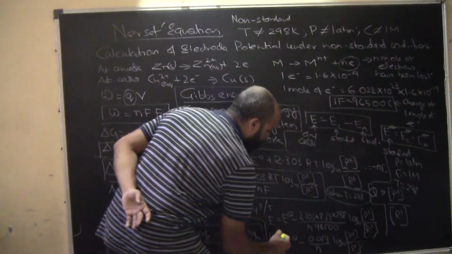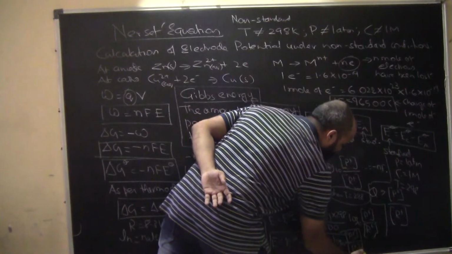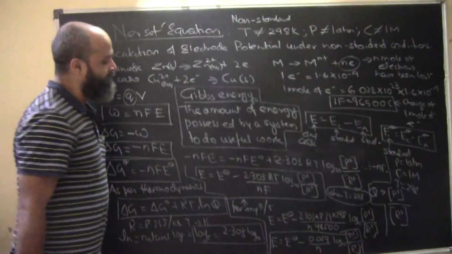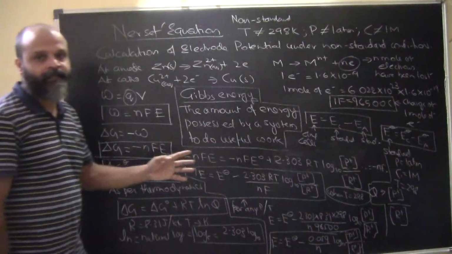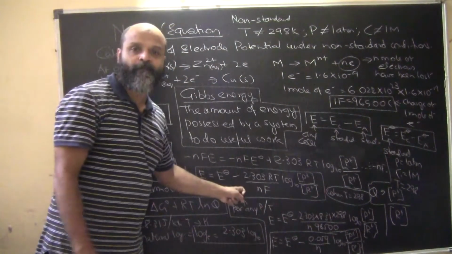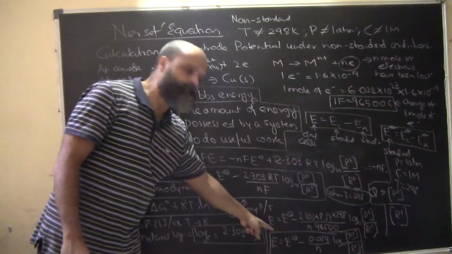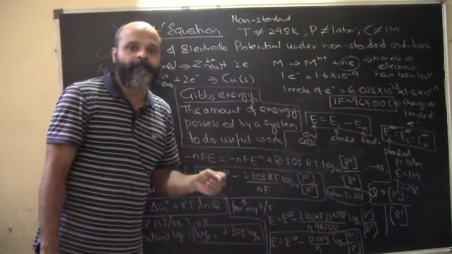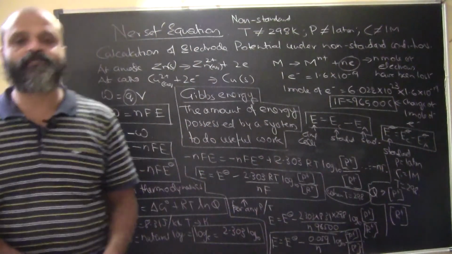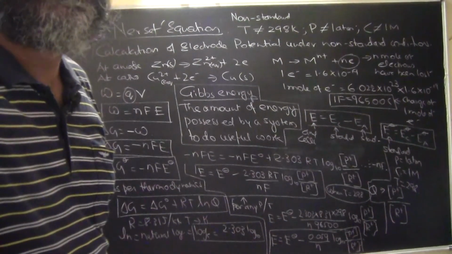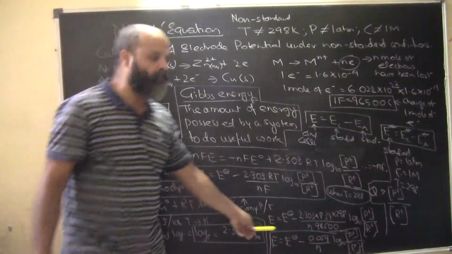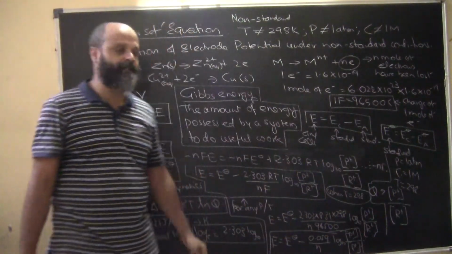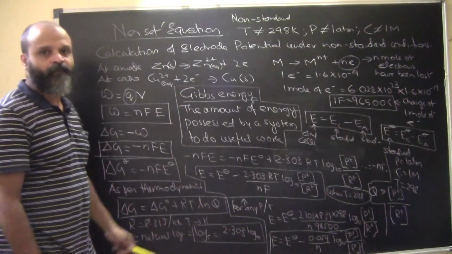So this is another form of writing the Nernst equation, but this is applicable only when you have taken temperature to be 298 Kelvin, that is basically room temperature. The previous form is applicable to all temperatures and pressures. I'm not sure whether this is visible, let me just make changes. So this is applicable only when the temperature happens to be 298 Kelvin. So this is the derivation of the Nernst equation.